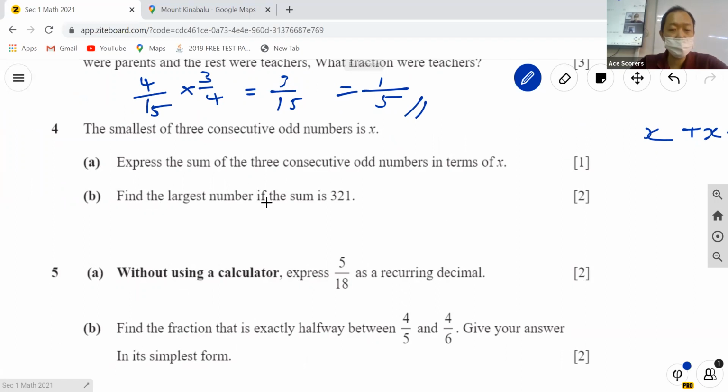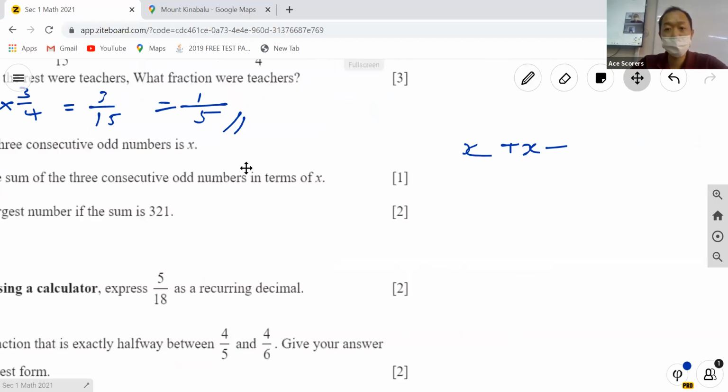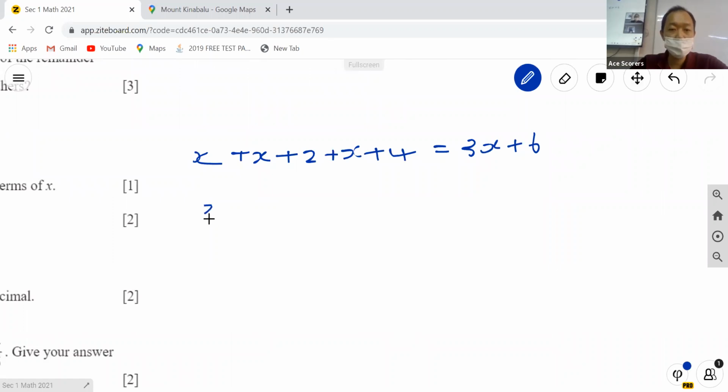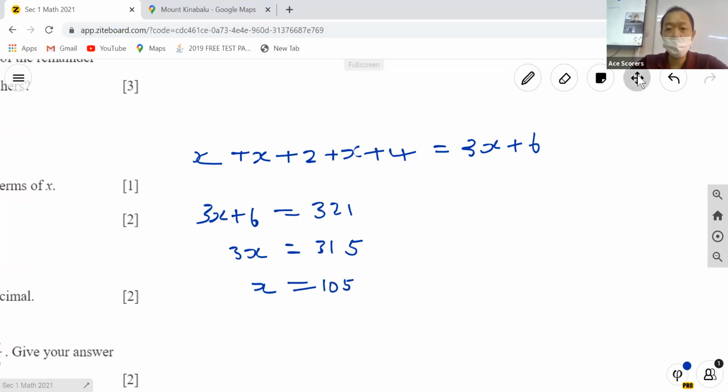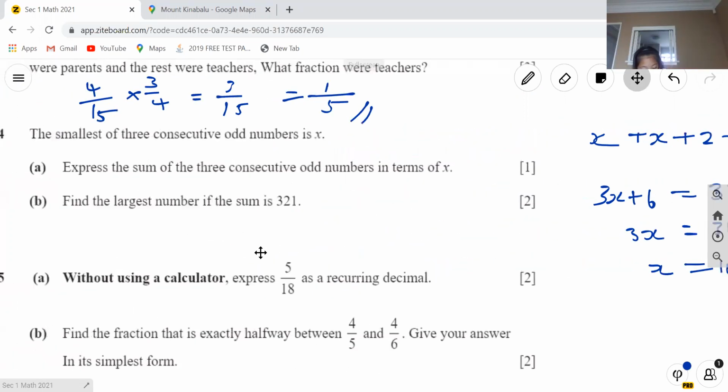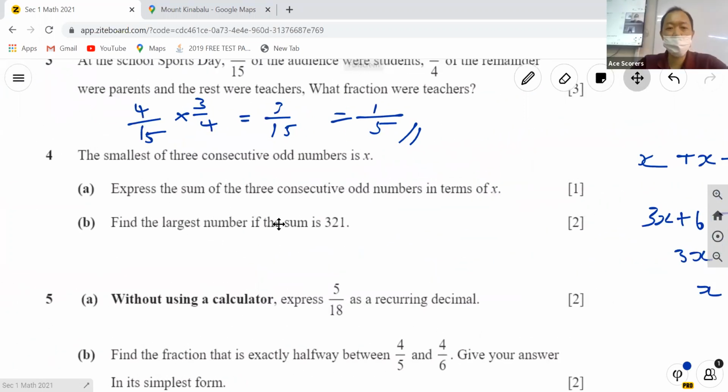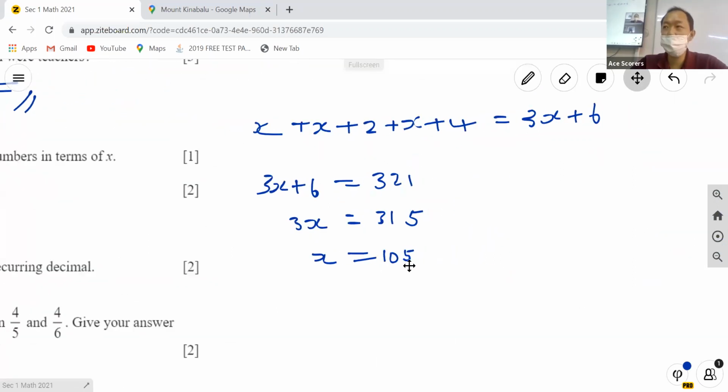Second one, find the largest number if the sum is 321. So we have 3x plus 6 equals 321. So I need to remove 6 first. So 3x equals 315. And x equals 105. That's it. Okay, any question for this one? This is fairly not so straightforward, right? Do you get 105? How is it 106? 105. 105. Because